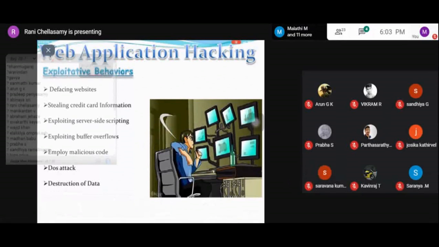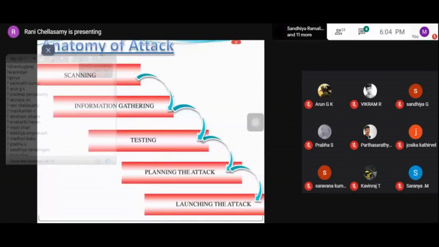Okay, so these are some of the hackings that are possible in web applications. The hacking methods are defacing websites. Defacement of websites means the hackers go on changing the front page appearance of the websites so that it looks like some other original website. They do some magic on the web pages, and the front page appearance is completely changed.